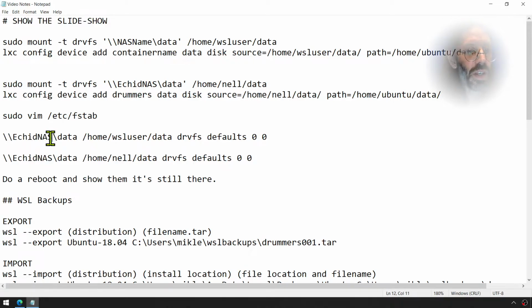That should actually say NAS name, N-A-S, N-A-M-E, in case I copy paste this to other places for your use. So it's this one we're interested in. But before we get to that edit, we're going to do these two mount commands.